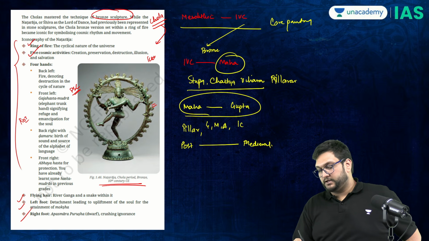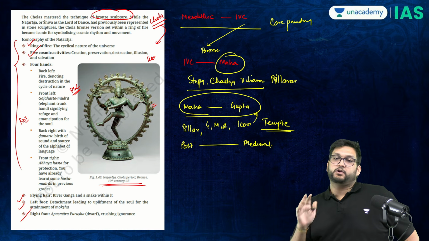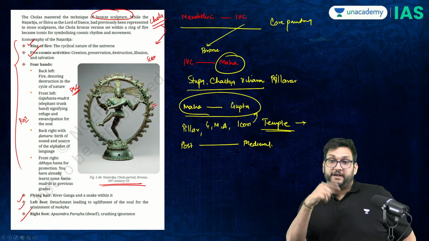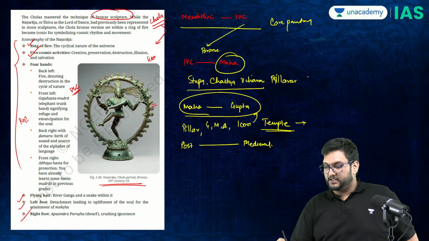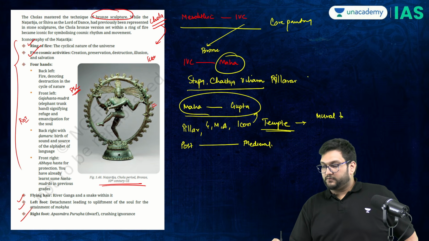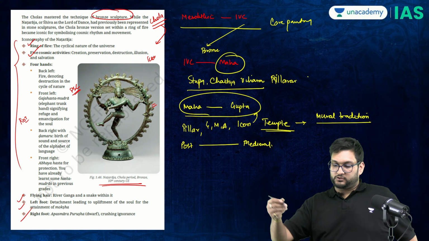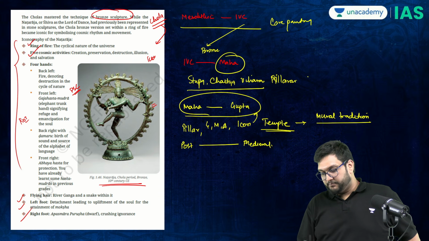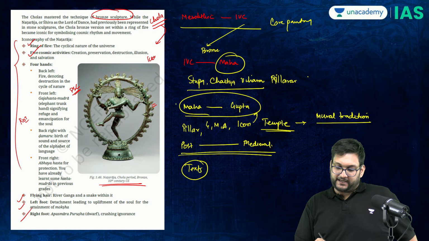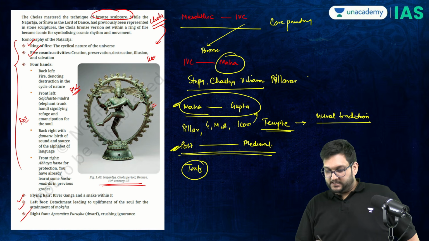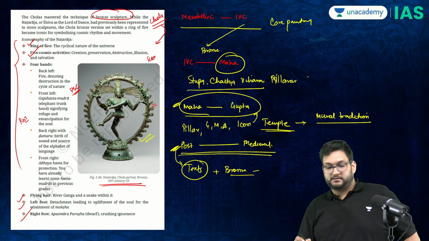Gupta, we have iconography of the Puranas, temple building, and temple building becomes important in that period. Again, for painting, we have mural tradition here. Mural tradition falls under the post Maurya period, and in that, it also talks about how there are multiple texts which are produced during this phase, second, the third, and the fourth phase. The texts are mentioned. Plus, you have bronze sculpture by the Cholas, plus what is called as